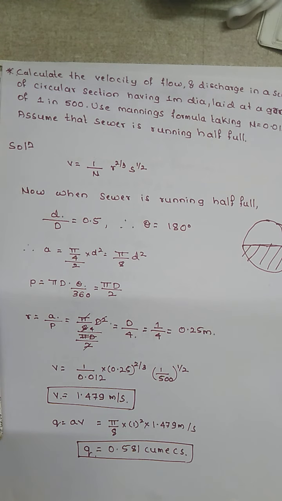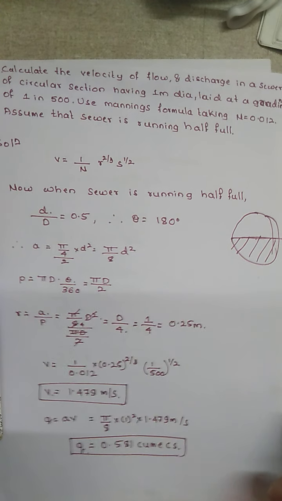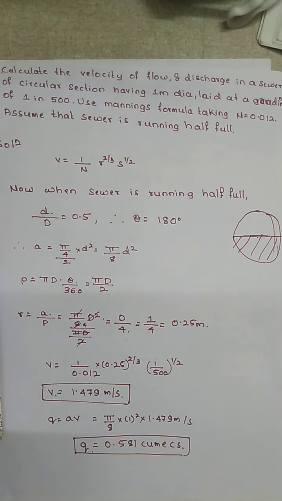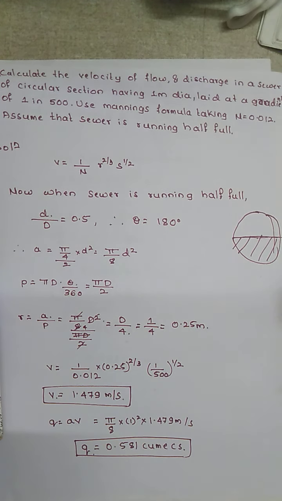In these problems you will be asked to determine the velocity of flow, discharge, by using the Manning's formula, then different formulas I have told you. So using those formulas we need to determine the discharge, velocity of flow, then diameter, all these things it may be asked. You need to remember all these formulas what I have told in the previous classes and again in the revision of today's class. Okay, now first we are going to solve a very simple type of problem.